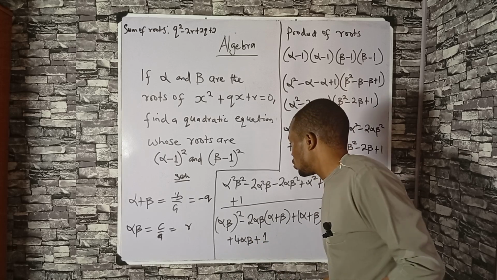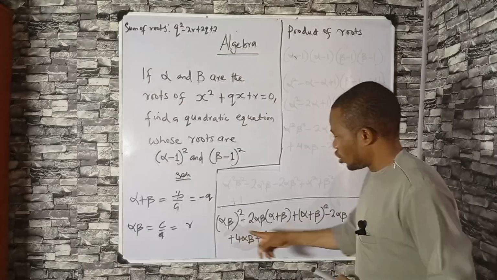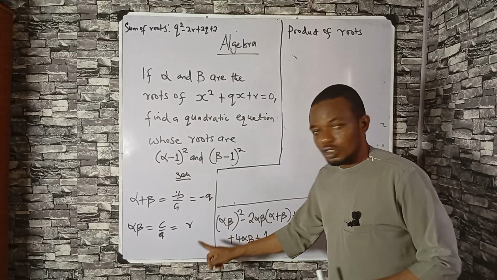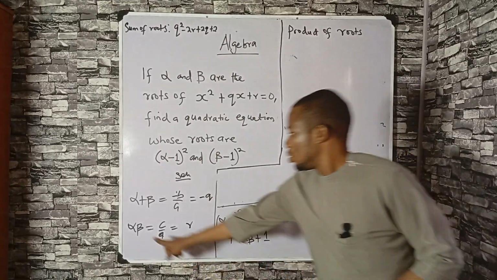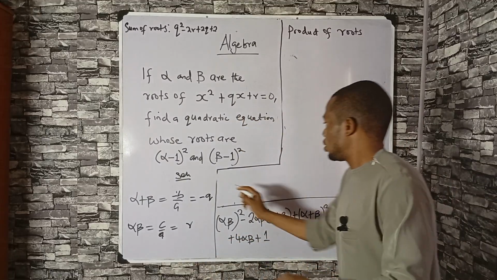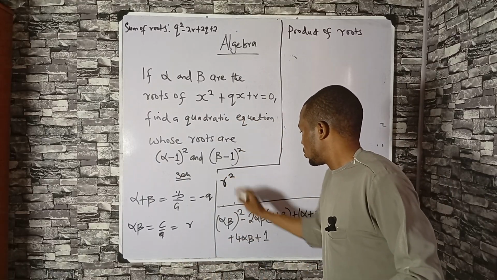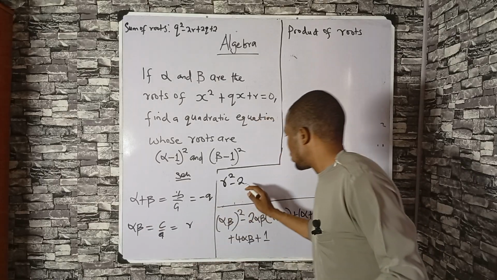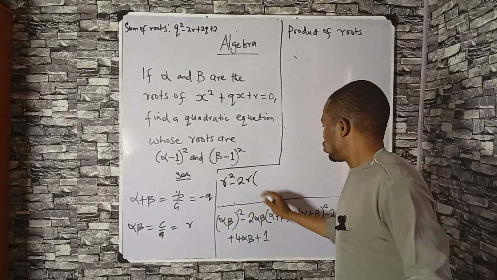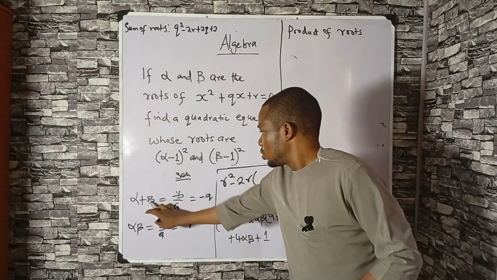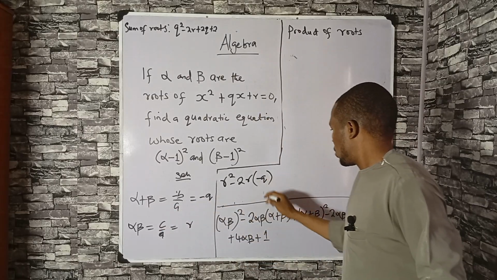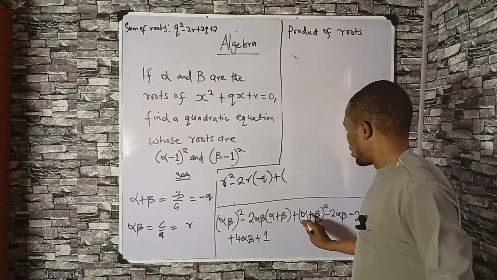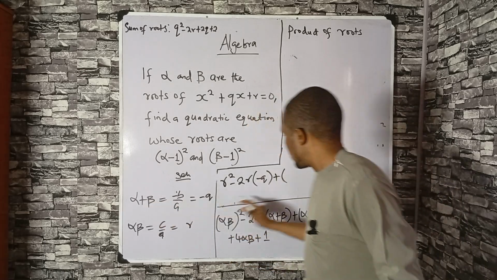We are done. The next thing is to substitute each of them. We're going to do substitution one by one. Alpha times beta, that's the product of roots, here is r, that will be r, here is squared, r squared minus 2 alpha beta again, which is still r, then into the sum of roots, here is minus q, that's for this one, plus the sum of roots here, minus q,